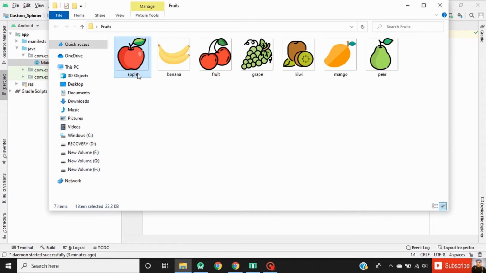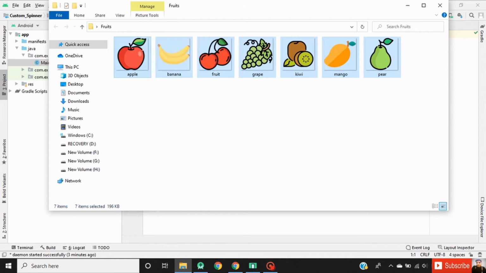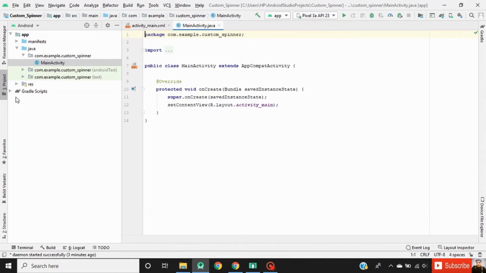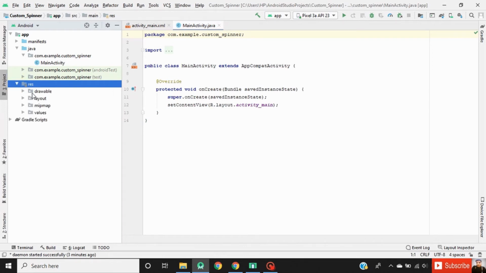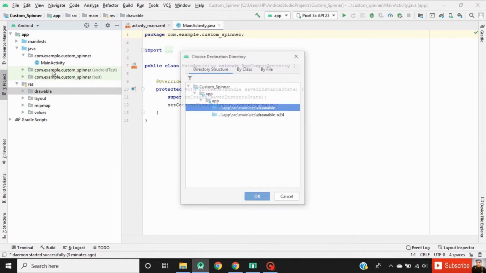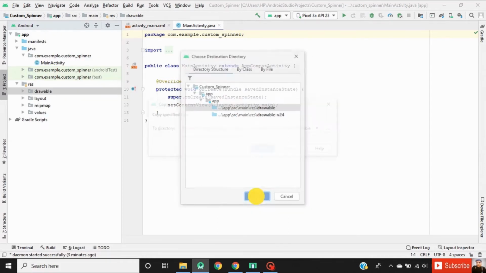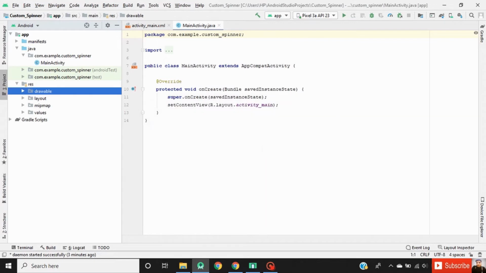The first thing, we have to add images into our project. Copy all these images and paste them into our drawable folder. Right click on the drawable folder and then paste. Select resource drawable and then click OK and then OK. Now the fruit images are available in our drawable folder.